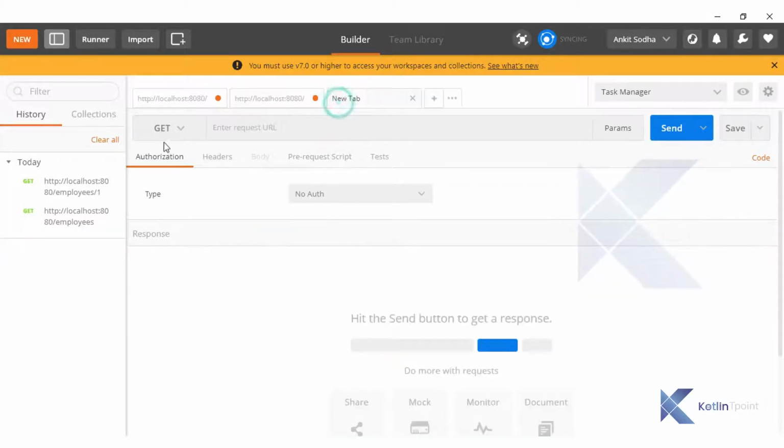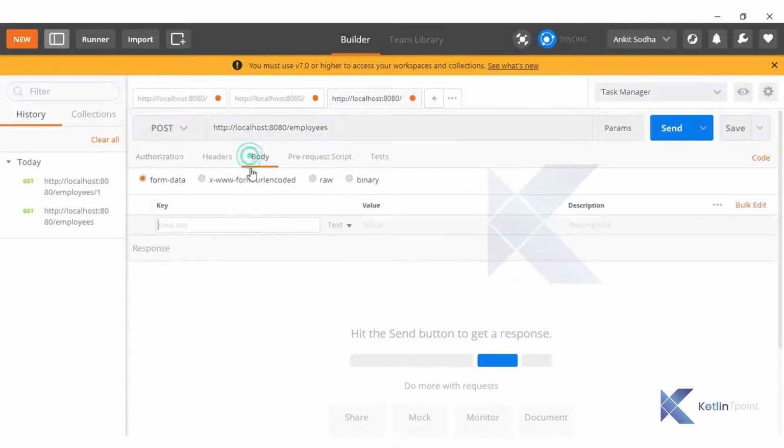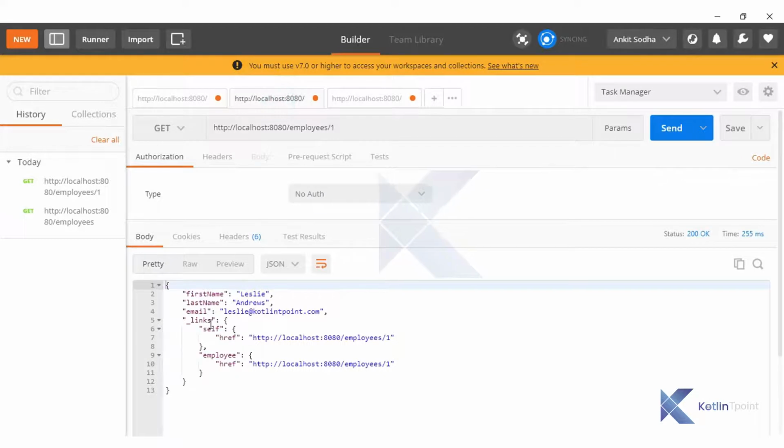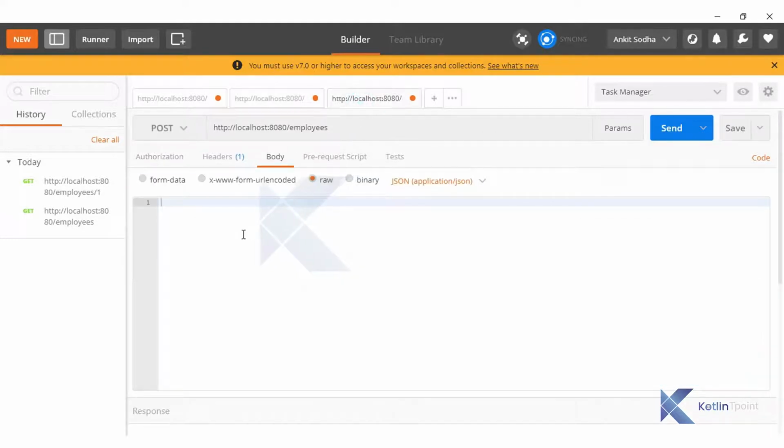Okay, let's check with the POST API. I will select the POST method with the employees URL, and inside the body let me choose raw and JSON. Let me pass some data like first name, last name, and email we are going to post.